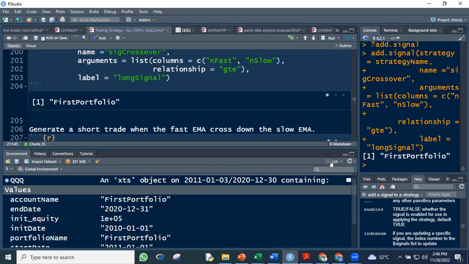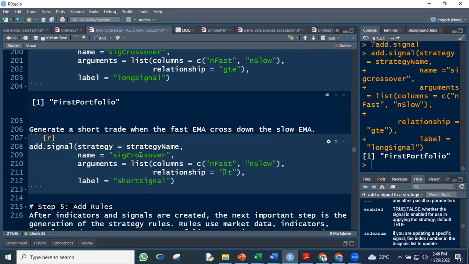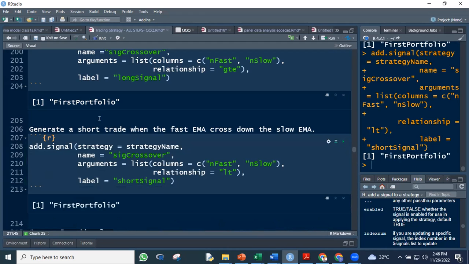Okay, so we can also do the same for the short signal. Alright, run natin to. Okay, so that takes care of step number 3, number 4. Itong step number 5, ito yung pinakamadugo sa lahat, no? Since I learned Quantstrat several years ago, hanggang ngayon hindi ako nagkakabisado ng function ng adding rules kasi siya yung